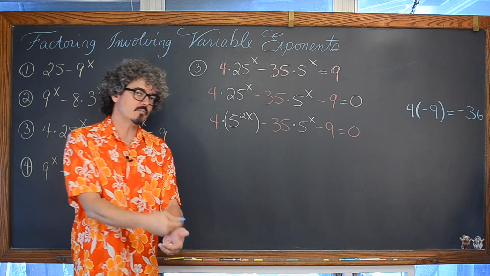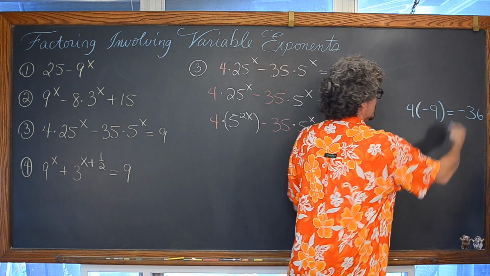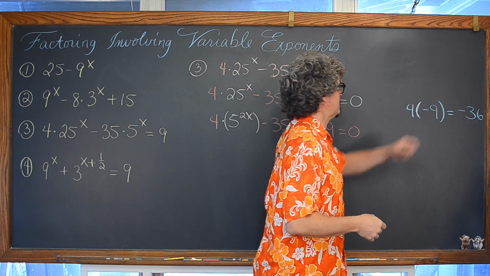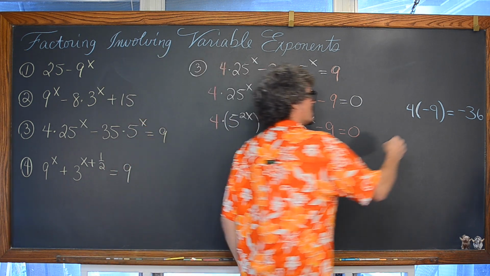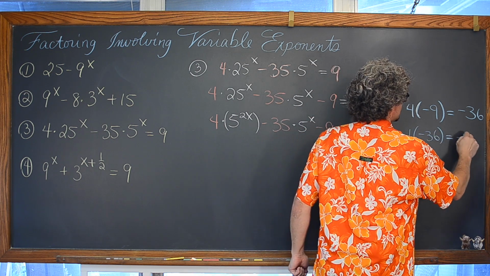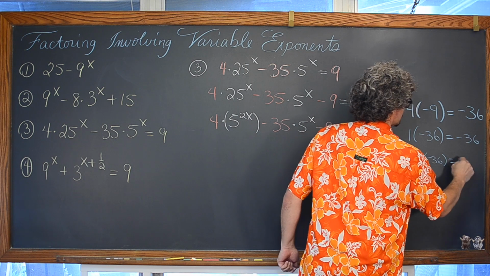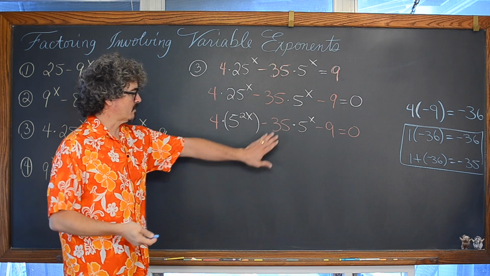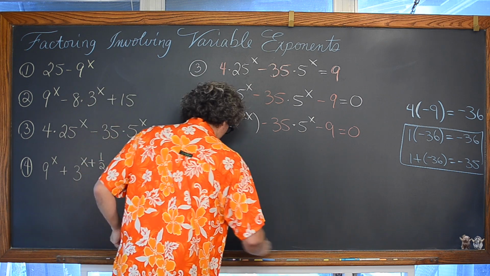So I need 2 numbers that multiply to negative 36, but then also add to be negative 35. And there's many options here, like we could do 3 times 12, or the 4 times 9, but when you add 4 and negative 9, you get negative 5, so that doesn't work. We've got 1 times negative 36, which equals negative 36, but we also have 1 plus negative 36 is equal to negative 35. So here, the 1 and the negative 36, I want to rewrite this middle term instead of being 1 term as 2 terms, and then we're going to continue factoring by grouping.